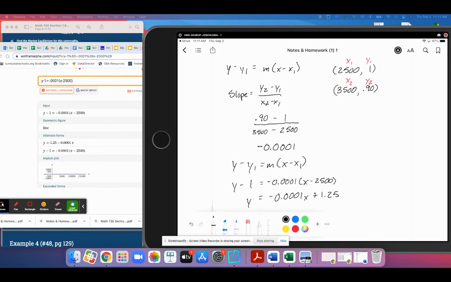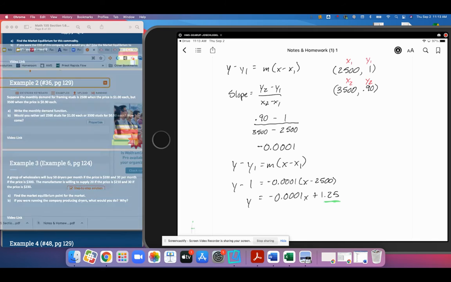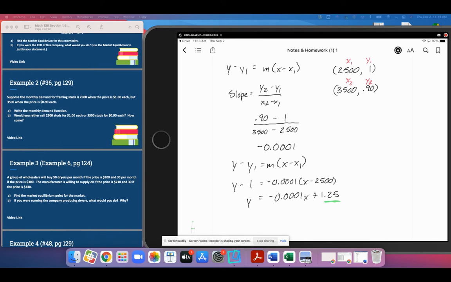And if I were to interpret the slope and the y-intercept of this, everyone, this y-intercept right here would tell me that when the price becomes $1.25, the demand would be 0 if the price was $1.25. That means that the consumer would feel that the price was way too high and would not be interested in any. And then as that price goes down, the consumer would be willing to purchase more. And so that's where our negative slope comes from in that regard,